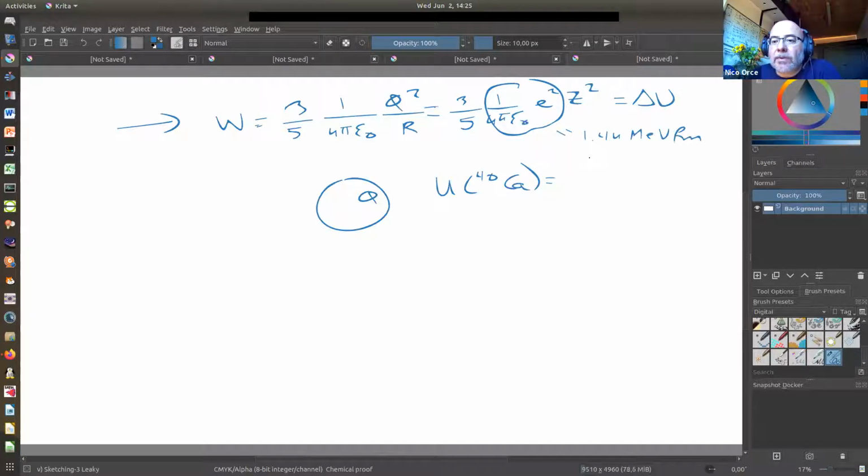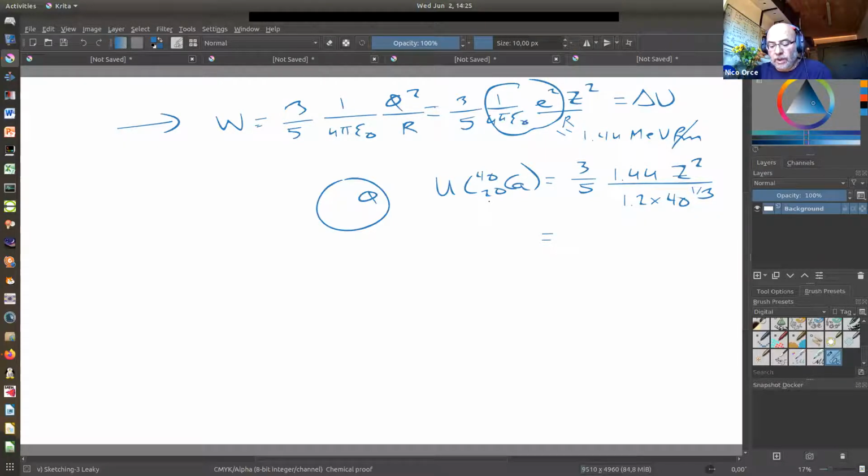Basically, the whole calculation is very simple. It's 3/5 of 1.44 divided by the radius here. Z squared, whatever is the Z, calcium 40 is 20, and divided by 1.2 times 40 to the 1/3, right? So we have the Fermi. This one is MeV Fermi. The Fermis will cancel each other, and we have everything in MeV, which will give us something like